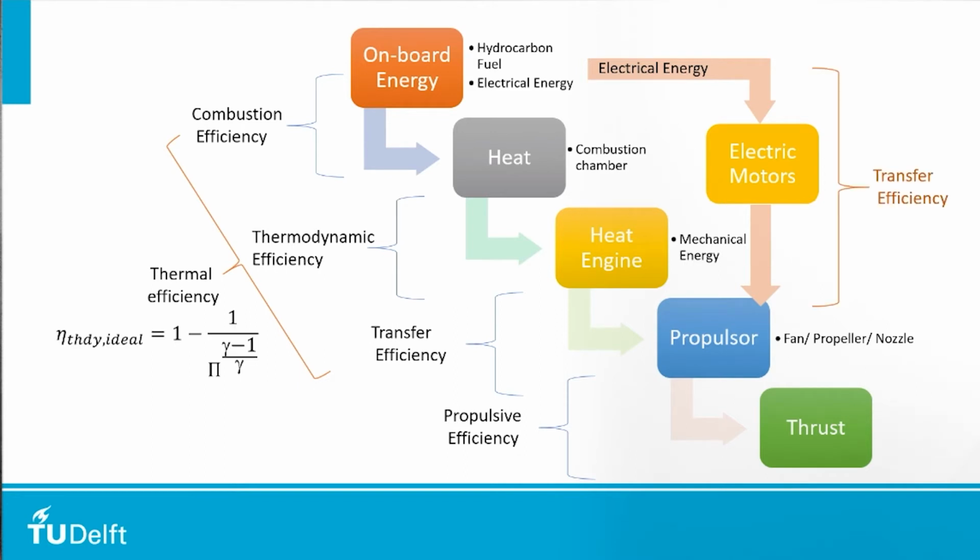When we talk about a thermodynamic cycle, certainly for an ideal Brayton cycle, the efficiency is a function of the pressure ratio. For a real cycle, it is also a function of the temperature ratio, like other thermodynamic cycles. And the propulsive efficiency, as you have already learned from the lectures of Professor Hoekstra, is a function of the difference between the jet velocity and the ambient velocity.